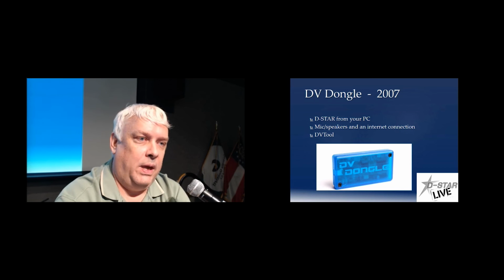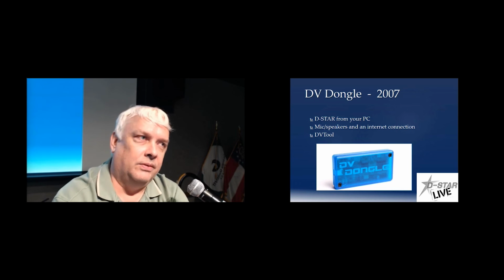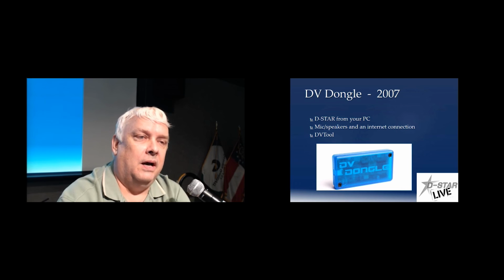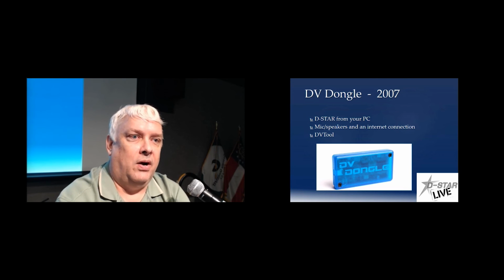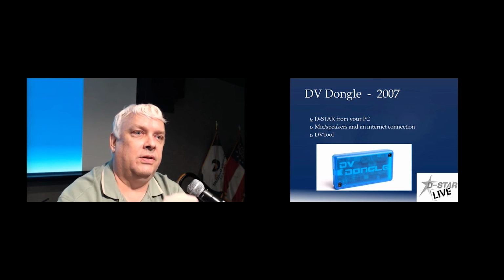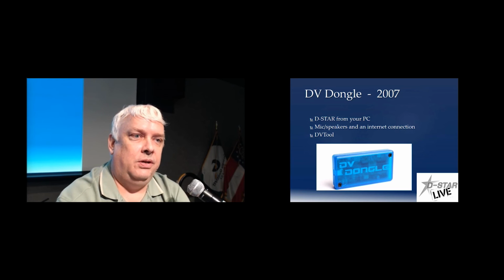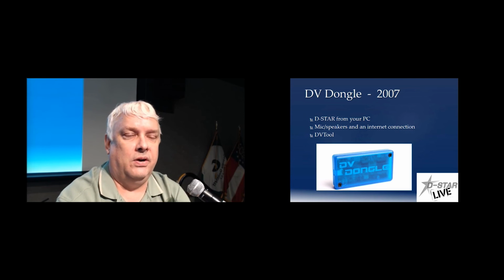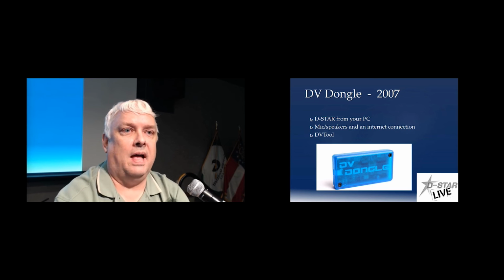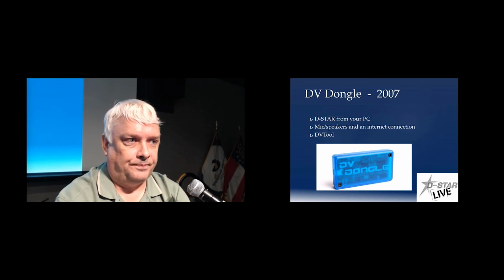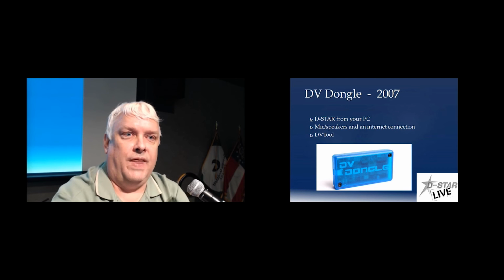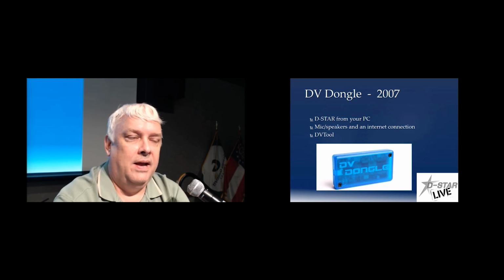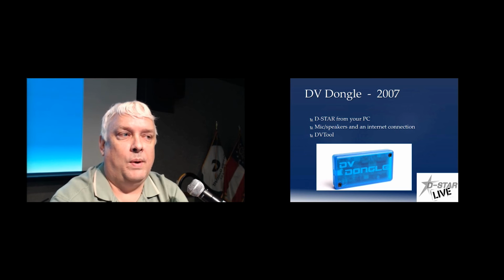AE4JY, Mo Wheatley, and I sat down and talked about, well, we can take that AMBE chip, the AMBE 2000, and put it on a little board with a microprocessor and a USB interface, plug it into your computer, and then through software designed that understands the D-Star network, connect in just like we were a repeater. And that was one of the first devices that came on the air, and it was mainly because we wanted to monitor our D-Star gateway when we went out of town or when we were out of range.